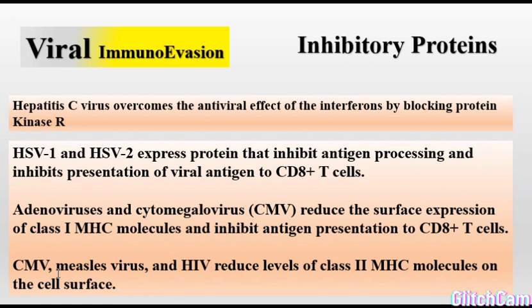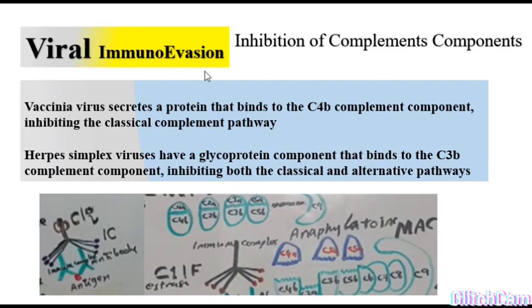So cytomegalovirus, they know this information, and also measles virus and HIV, so they reduce the level of these molecules of class 2 on the surface of the antigen presenting cells. So now I will show how some viruses evade the effective immune responses, or what is so-called immuno-evasion, by inhibition of complement components. So,